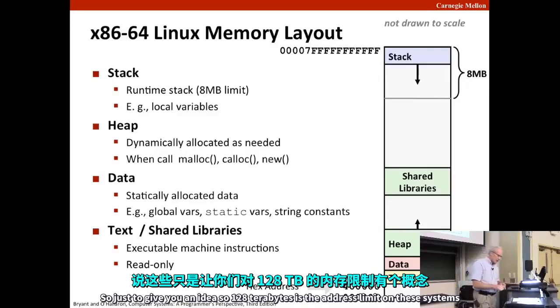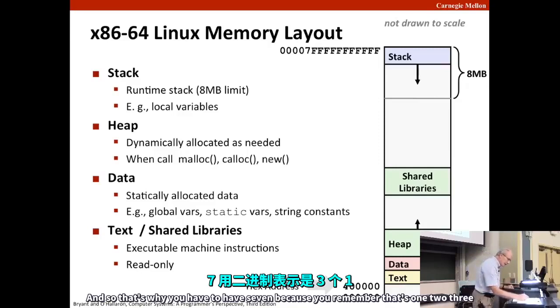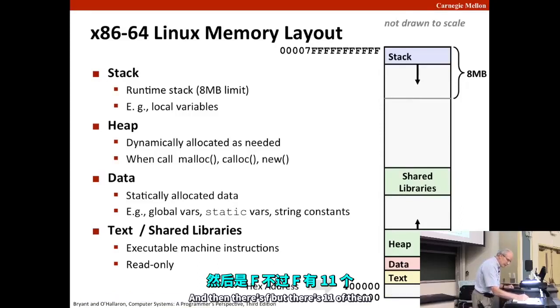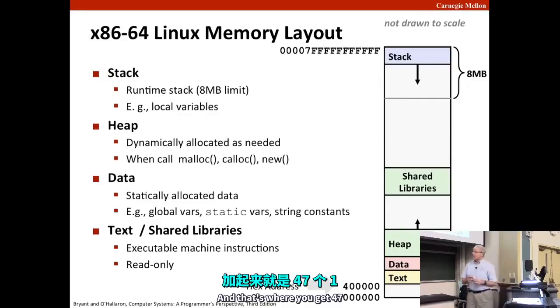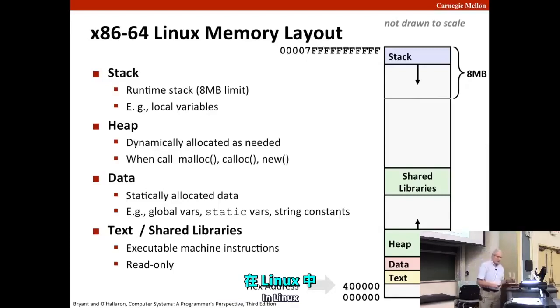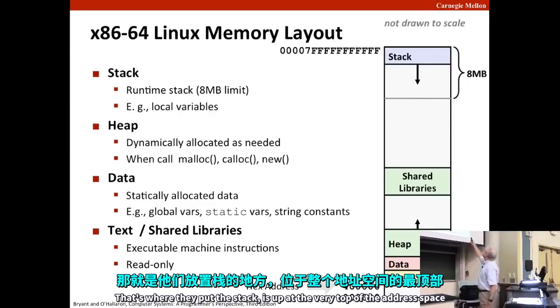So just to give you an idea, 128 terabytes is the address limit on these systems. And so that's why you have to have 7, because you remember that's 1, 2, 3. And then there's F, but there's 11 of them. And this is 111 times 11, so that's 44 ones. And this is 3 ones. And that's where you get 47. And that's the address of the, in Linux, that's where they put the stack, up at the very top